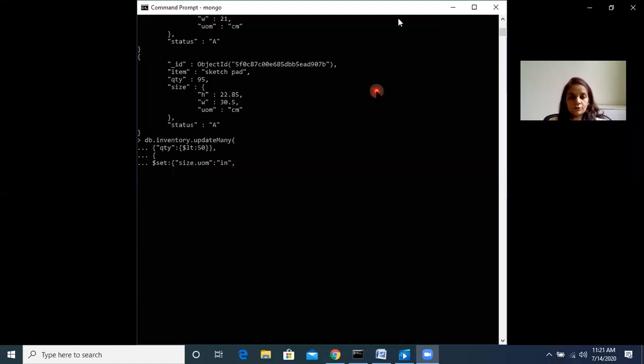Now we will change the units of measurement to inches, and here we are using IN as the abbreviation for inch. And status we will again set to P. And the current date we are changing.